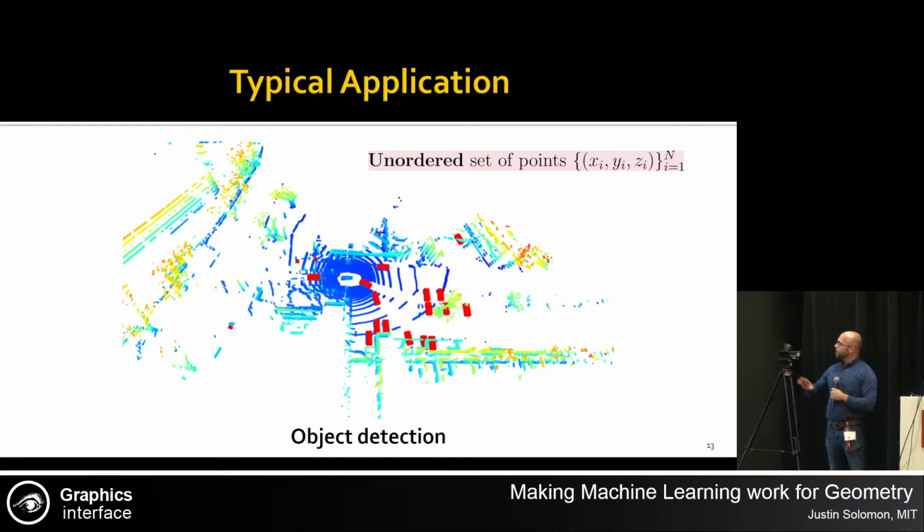If we think about it, the input modality in some sense is extremely simplistic. It's just a long list of points. And this list of points is not ordered in any particular way, right? It's just the samples that I gather from the 3D environment around my car, and I'm asked to do inference from that information. But already, you can see that obviously a convolutional neural network is not directly applicable here, right? I mean, there's no grid, there's no regularity, and moreover, the sampling here is extremely all over the place, right? You can see the rings of the LiDAR sensor inside of the point cloud itself, which makes for some interesting challenges.